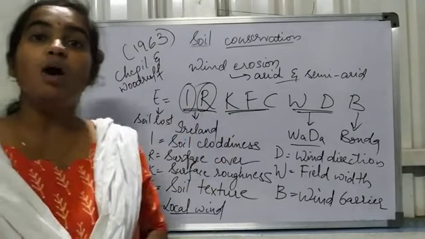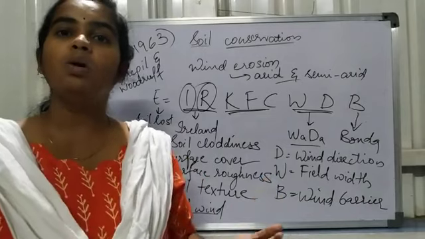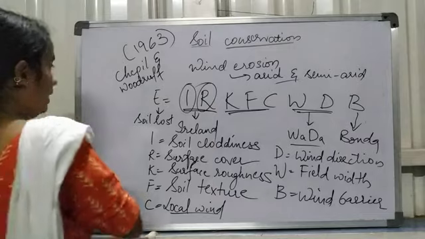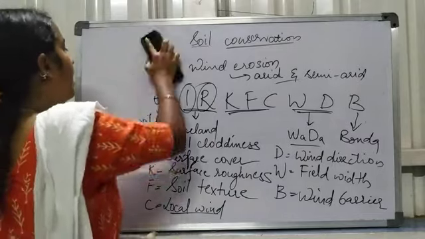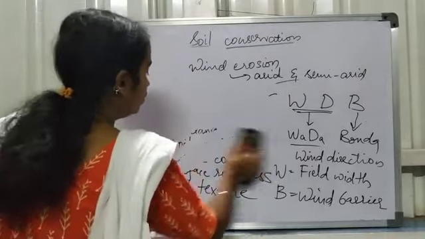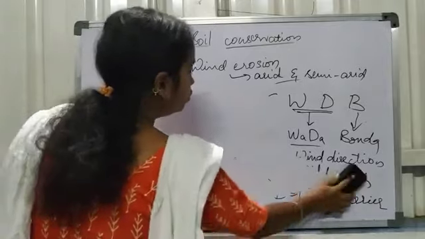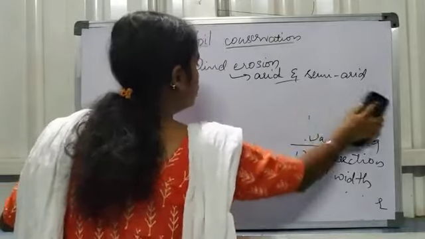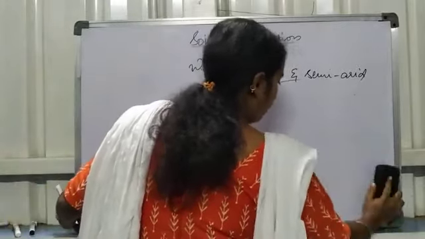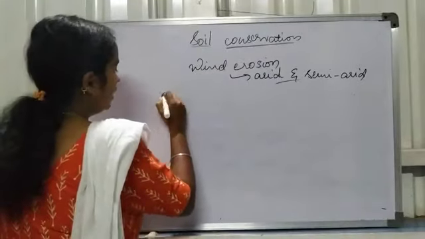Now next is how do we conserve soil, or how do we save the sand, or reduce the wind erosion. In India, majorly the Thar desert in Rajasthan, that is of man-made kind, and that is where the wind erosion is of maximum extent. So to reduce this wind erosion, we have two opportunities where we can work. One is we can reduce the wind velocity,